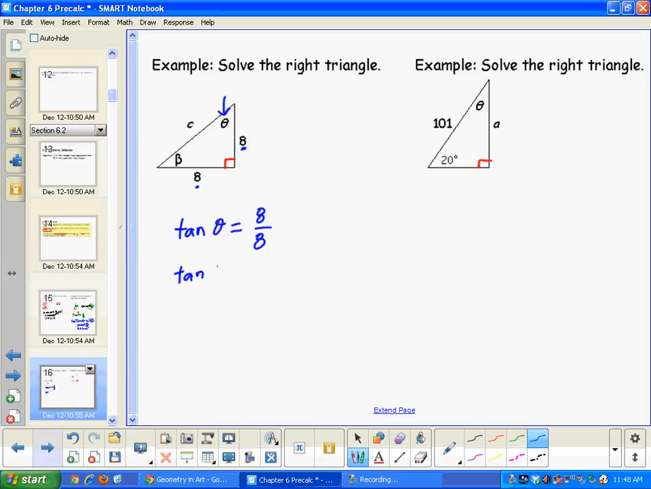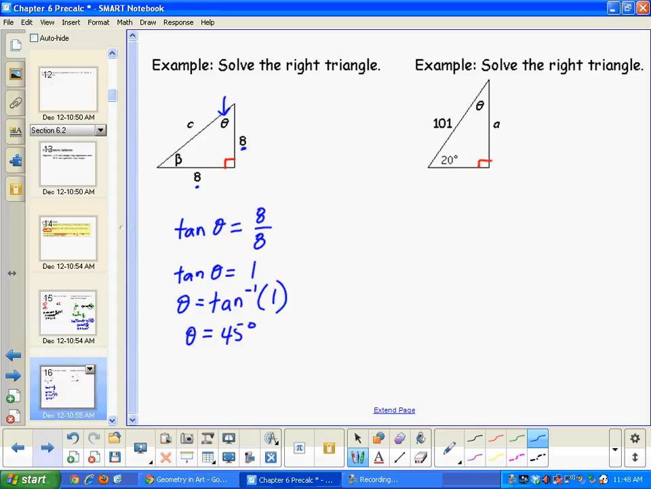So if I use the inverse tangent on my calculator, I could probably show you one more step here. So we can say, just like on the last problem, and then we're going to get